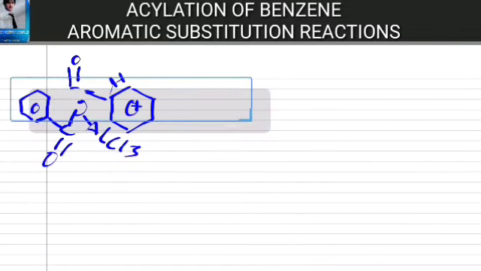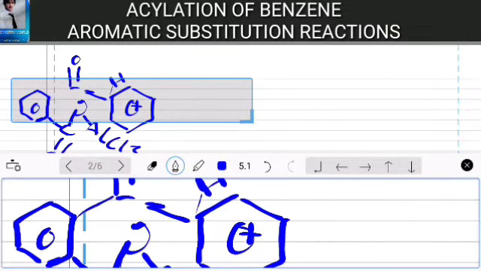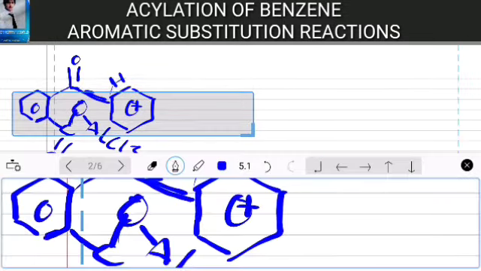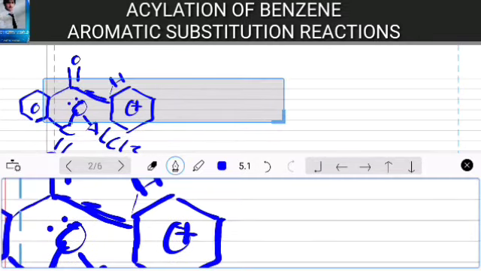So here is our carbon. This bond is with that. This O has now two bonds, one with carbon and one with AlCl3, but it attacks on that H